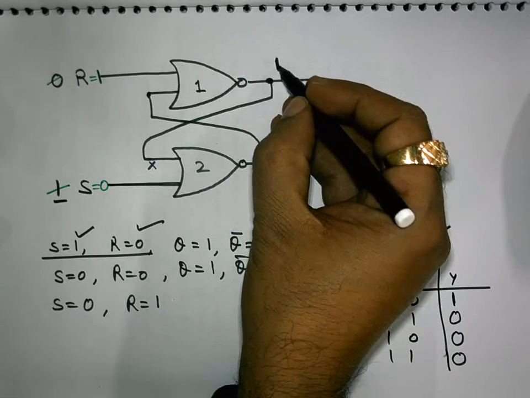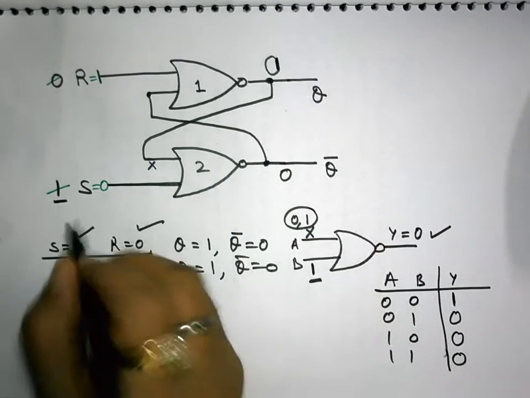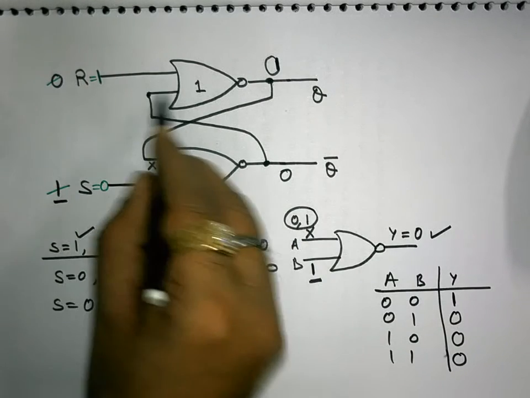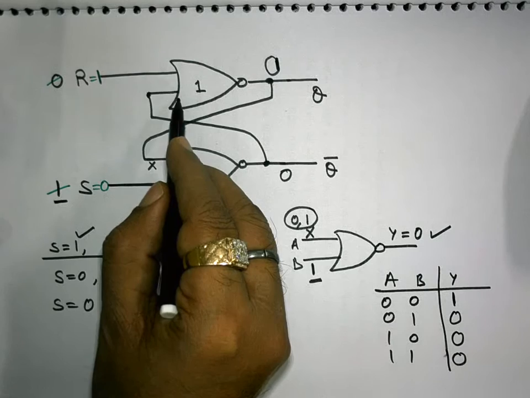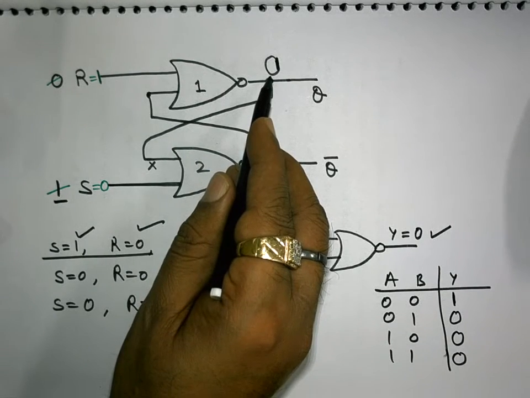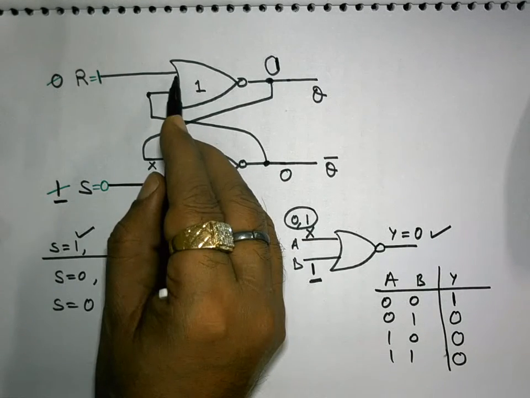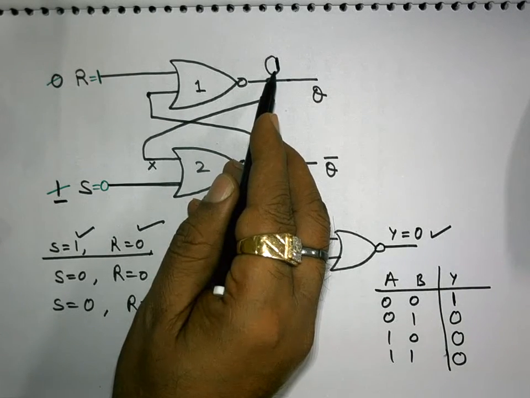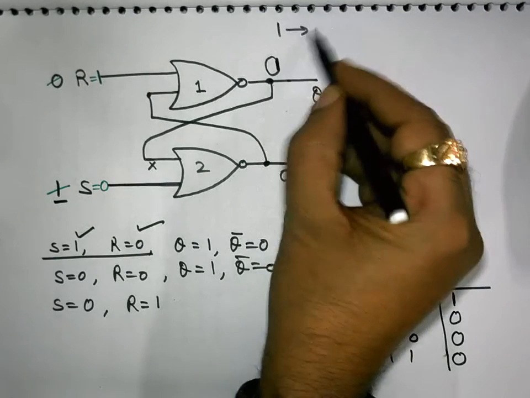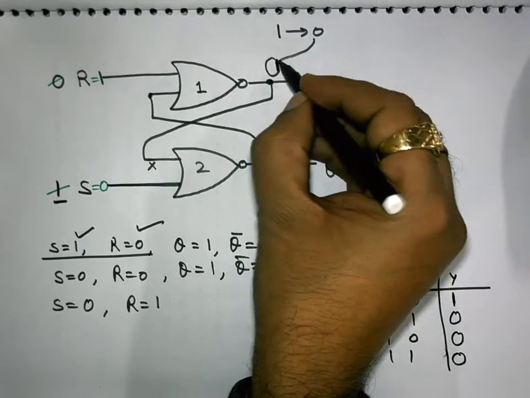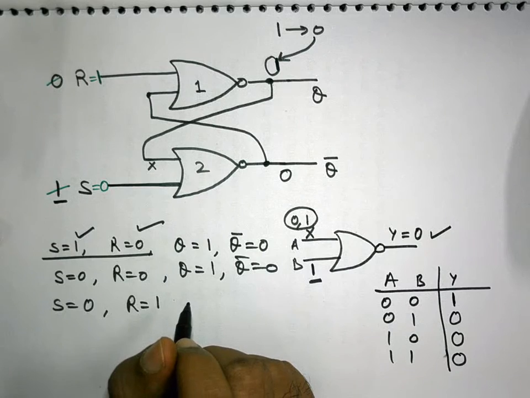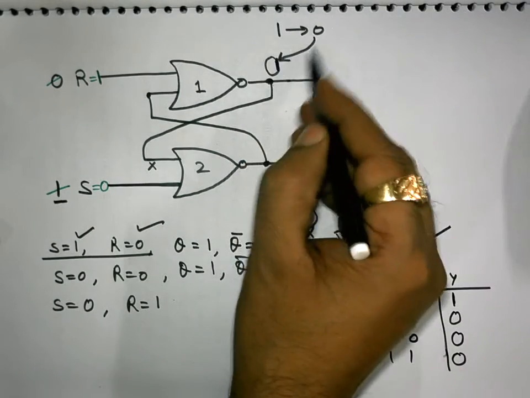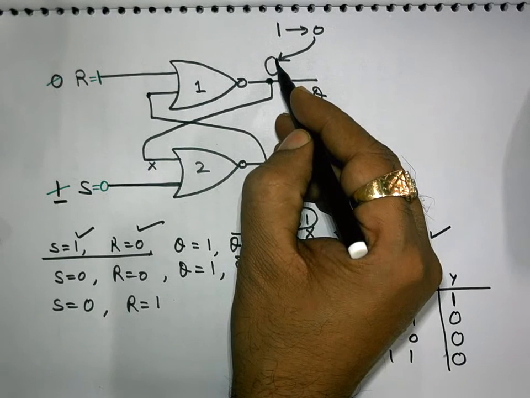Okay, this will be 0. Maybe 0 is coming over here, maybe 1 is coming over here. This is not going to alter this output. Why? Because if 1 is available here, it will make it 0. It will make this transition of this previous 1 to 0. And now 0 is available at the output. Earlier it was 1, okay. But from 1, it will make a transition and it will become 0.